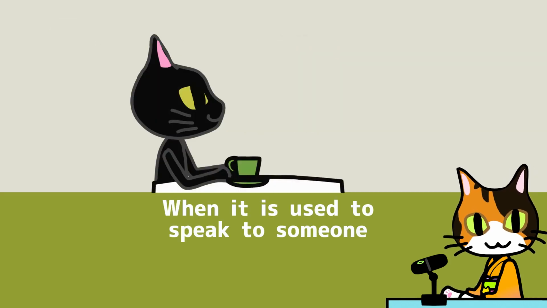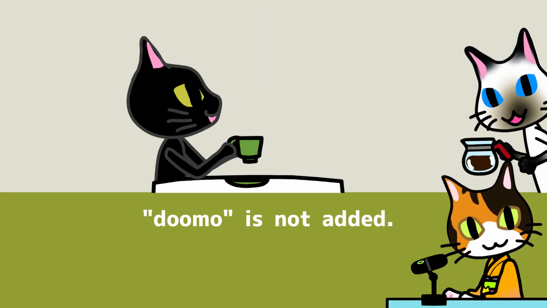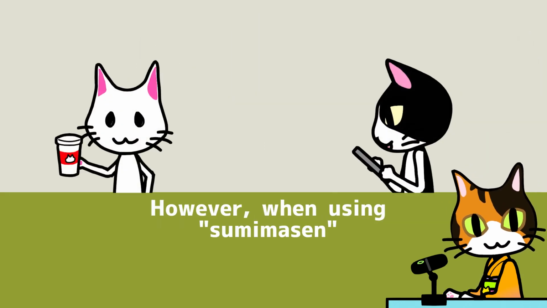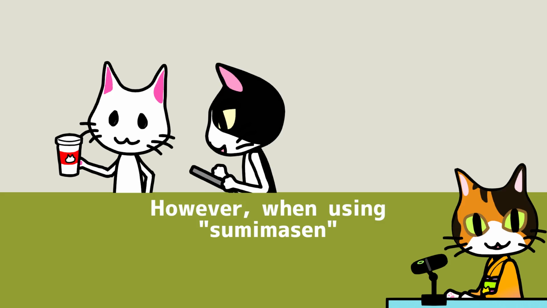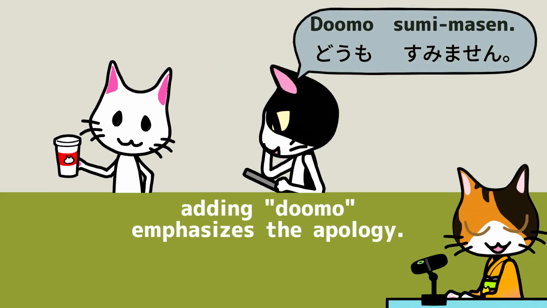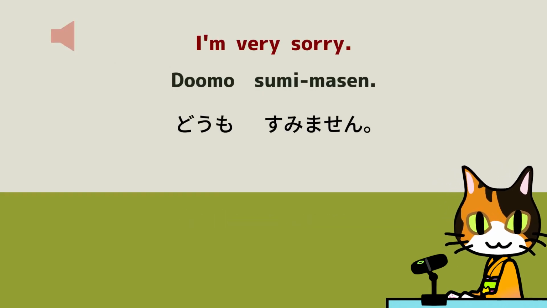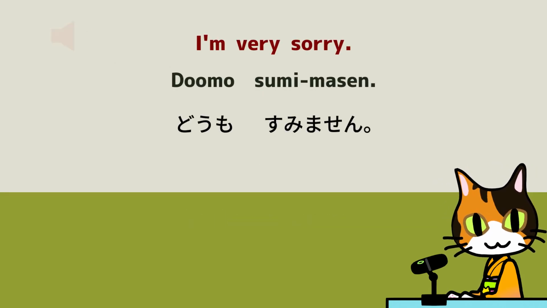When it is used to speak to someone, to mean, excuse me, domo, is not added. However, when using, sumimasen, as an apology, adding, domo, emphasizes the apology. It means, I'm very sorry. どうもすみません。